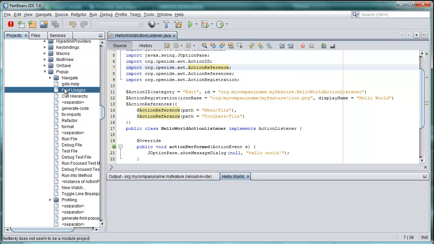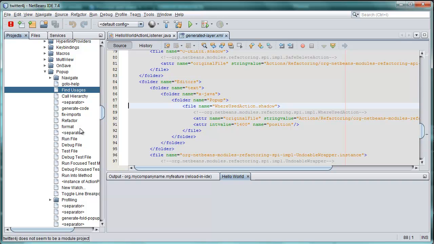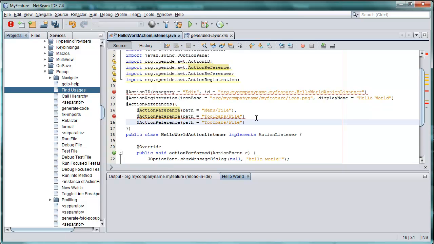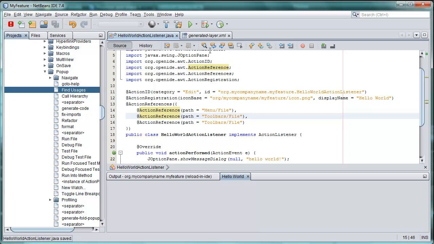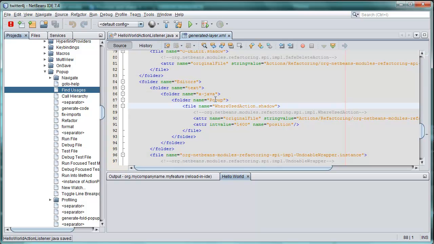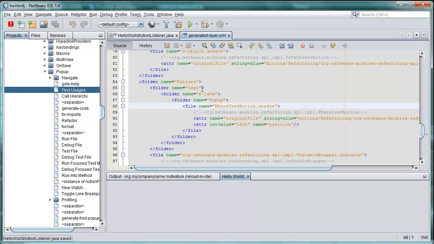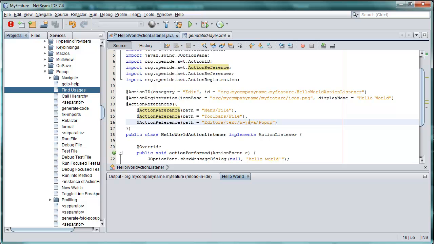If I right click on one of these and go to declaration and see where this particular item is defined, I see editors text xJava pop-up. So this is important information. We go again inside of our Java class, and now we have the information that we need. Editors text xJava pop-up, and that is what we will type here: editors, text, xjava, pop-up. Make very sure that everything has been typed text xjava absolutely correctly. Text xjava pop-up,